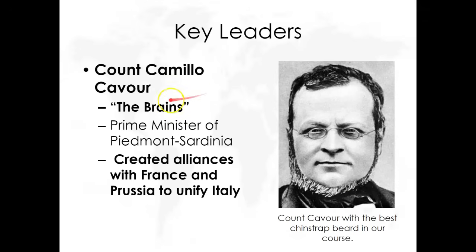Italians love Garibaldi. But then the person behind the scenes, actually putting the pieces of this Italian puzzle together, is Count Camillo di Cavour. He's kind of like the Italian equivalent of Bismarck from the last two slides. He's going to make alliances with other countries to fight wars that will help unify Italy. When they win a war, they get some more Italian land. And eventually, by 1871, they make a new country called Italy.